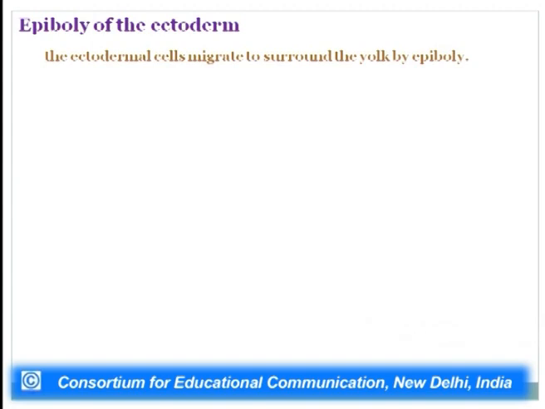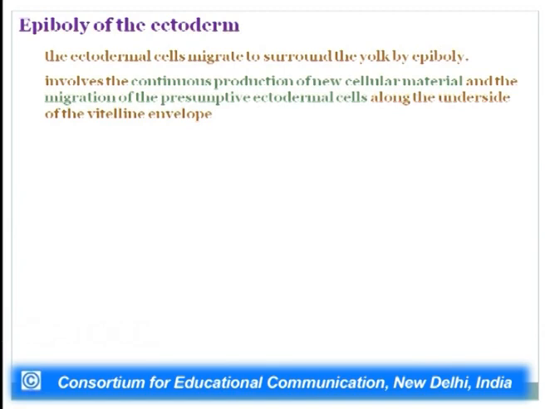The ectodermal layer is formed essentially by epiboly, like in the case of amphibian gastrulation. The ectodermal cells migrate to surround the yolk by epiboly. It involves the continuous production of new cellular material and the migration of the presumptive ectodermal cells along the underside of the vitelline envelope. So the divisions are continuous, and the presumptive ectodermal cells move along the underside of the vitelline envelope to encompass the entire yolk mass and to cover